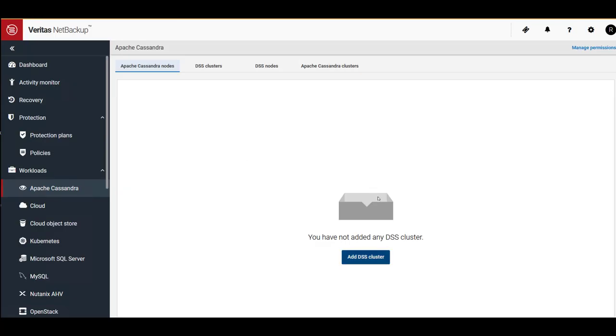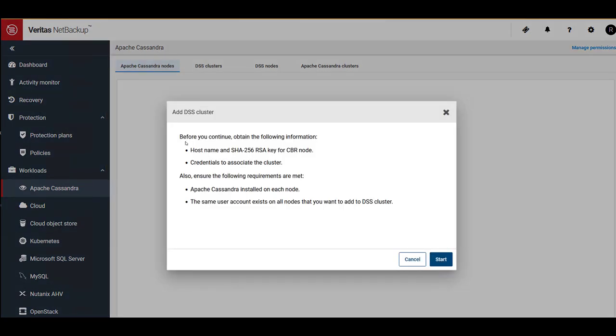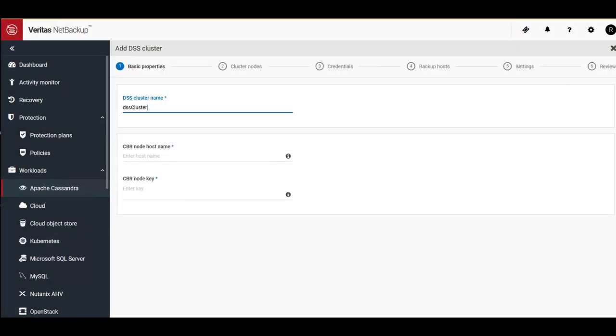Before adding the Cassandra cluster that we want to protect, we need to add the DSS cluster, which is Data Staging Server. Click on Add DSS cluster. This window gives details about the needed information and requirements to add the cluster. Click on Start and add the DSS cluster name.